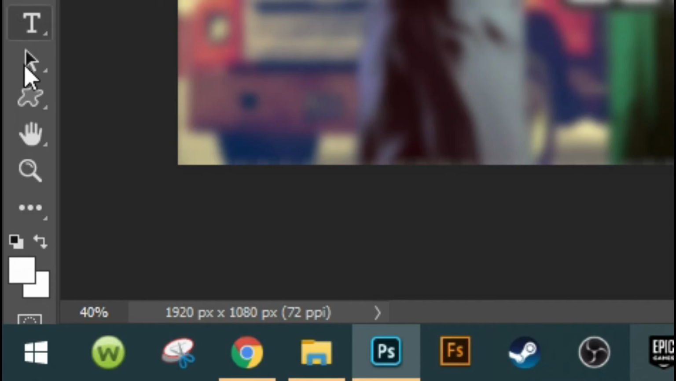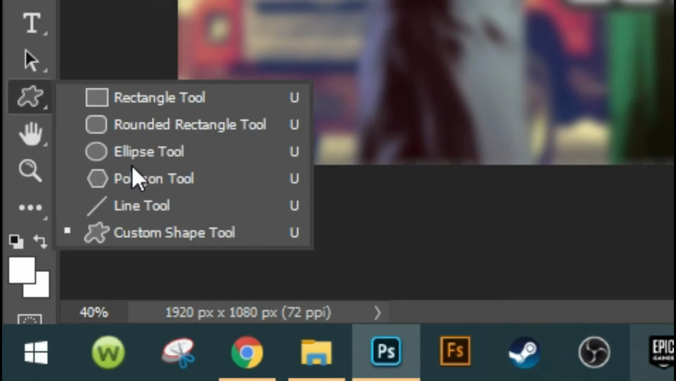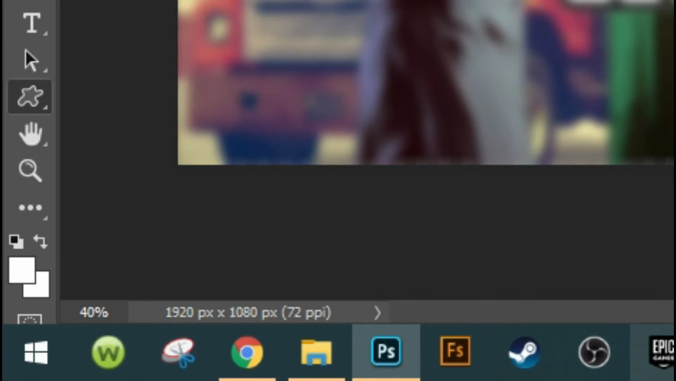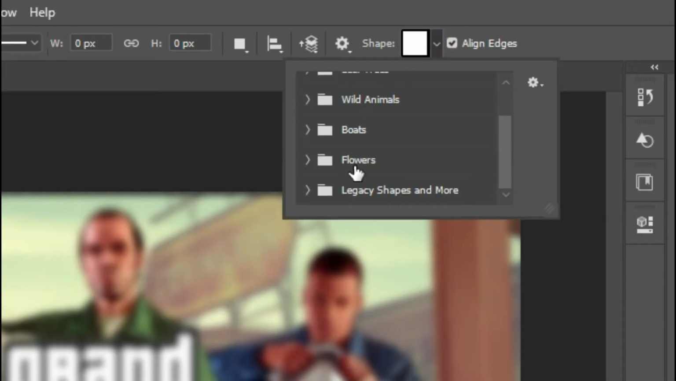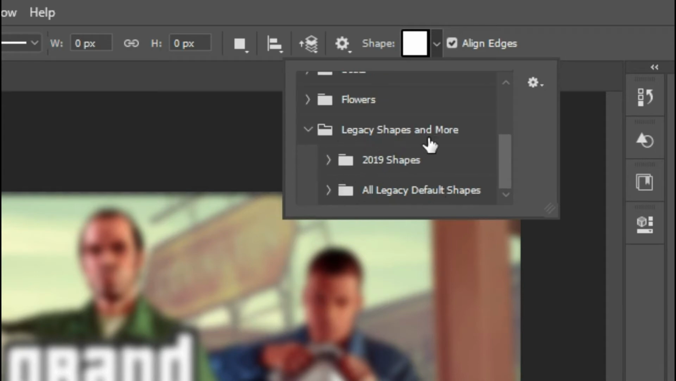Then you have these. I'm going to select the Custom Shape tool. It might be like a rectangular shape tool or some other tool. I'm going to select the Custom Shape tool. Then I'll go to my drop down menu and I'll go to my Legacy Shapes and more. If you don't see these legacy shapes,